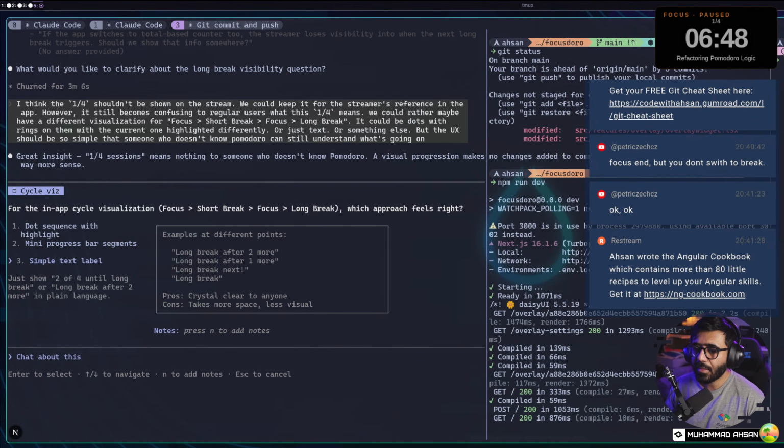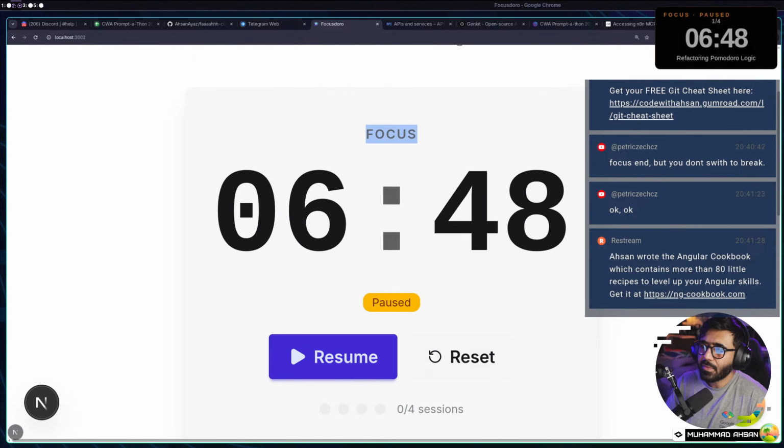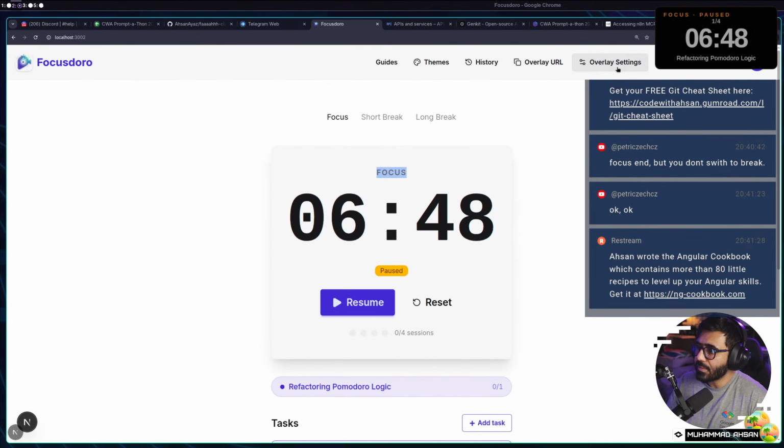But then the problem, I think, still is that it's quite possible that we don't really need this. We could just say we have 5 Pomodoros. Each Pomodoro could just mean one focus and one break. But the question would be, would it be a short break or a long break? So that's an interesting approach, because the problem becomes, if I'm saying I want in my settings,